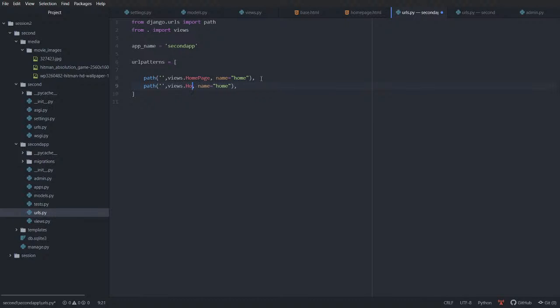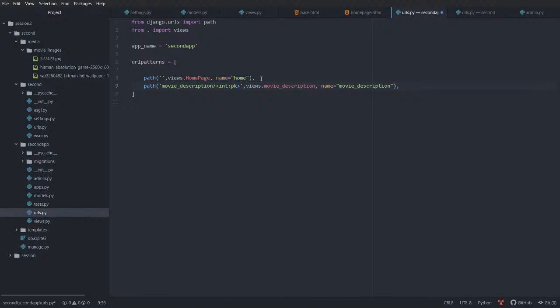Okay, so when I refer to the movie description view, movie description, let's name it movie description underscore description. Okay, so when I go to movie underscore description slash